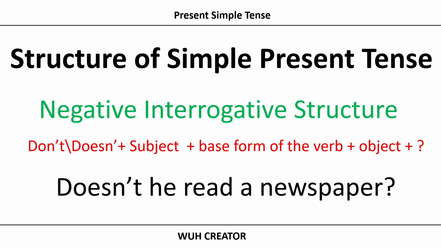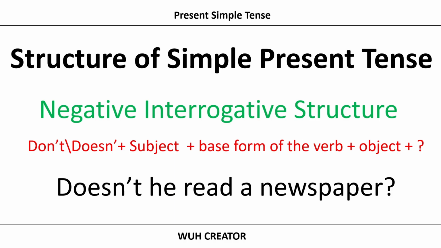In this sentence, doesn't is the contracted form of does not, and it works as the auxiliary verb or helping verb used because the subject he is singular. The word he is the subject, and since it is singular, we use doesn't instead of don't. The word not is already included in the contraction doesn't to make the sentence negative. Read is the main verb and it remains in its base form, because after doesn't we always use the base form of the verb. A newspaper is the object of the sentence, and the sentence ends with a question mark